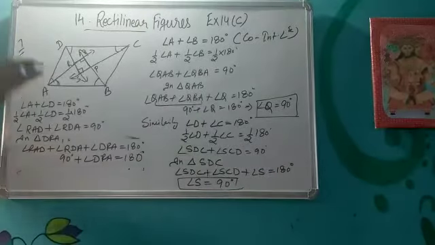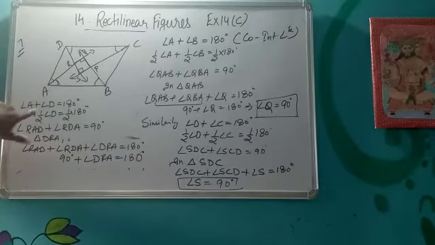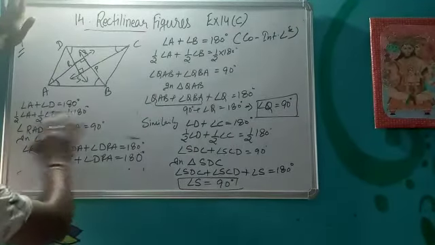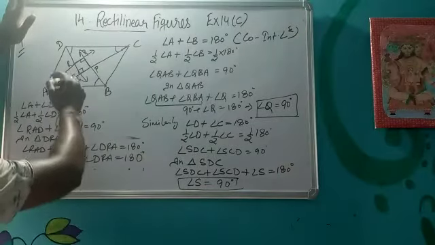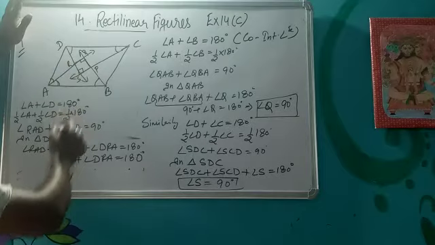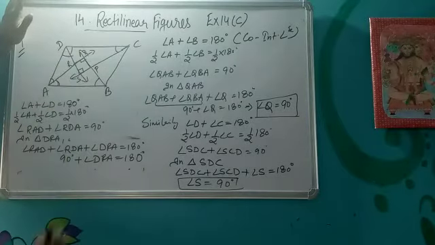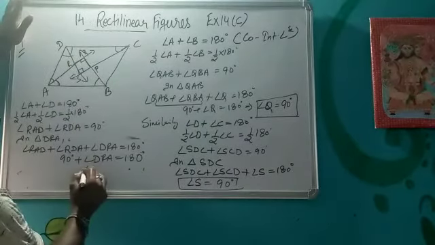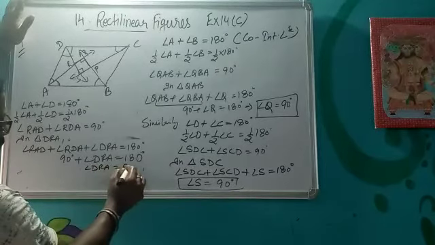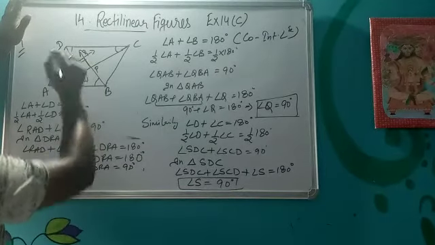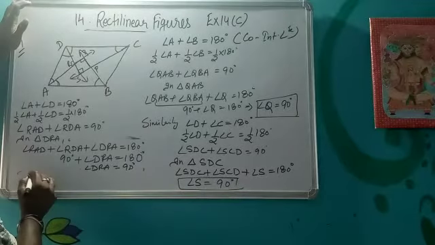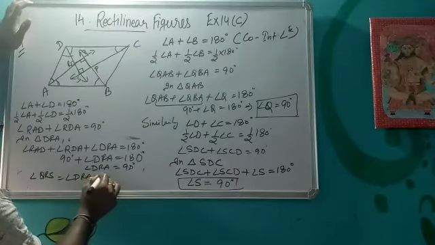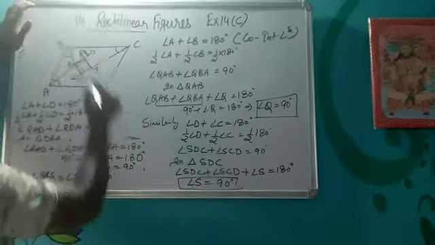Now for the third angle, I will take this triangle ARD. So angle A plus angle D is again 180 degree by co-interior angle property. Similarly, I will divide both sides by 2. I will get half of angle A, this angle I will take now, plus half of angle D, this angle I will take, equal to 90 degree. Now I will take triangle DRA. So from here I will get angle DRA equal to 90 degree. So this angle becomes 90 degree. So angle QRS equal to angle DRA equal to 90 degree by vertically opposite angles.